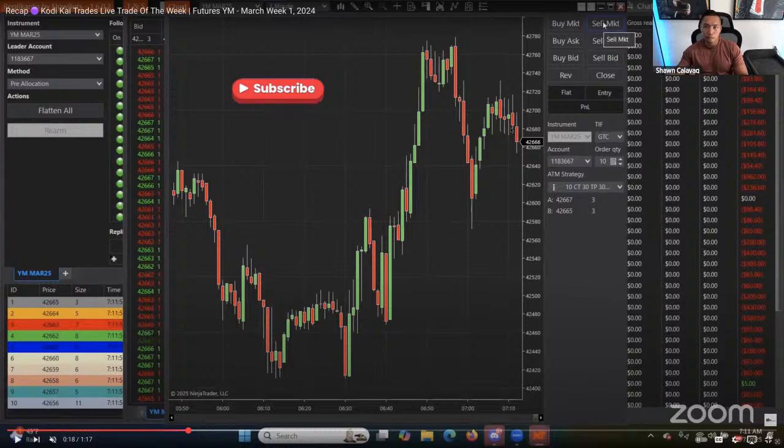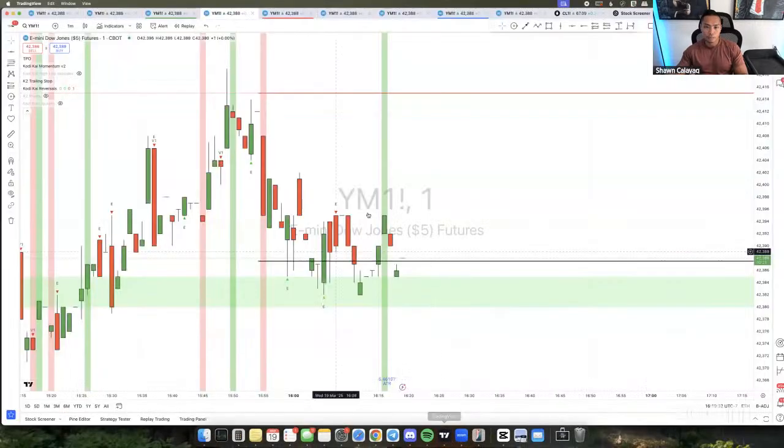So my entry will happen here and I'll do all my adjustments on here, but it'll also copy on my Apex. And then what shows on my TradingView over here is my Apex account. So I'm not executing on Apex, it's just copying what my main account does. And that's what I do. You can do it the other way. The way that you mentioned also works. If you want to trade on Apex, then you can trade on here and just have your copier open on Ninja and it'll still work.